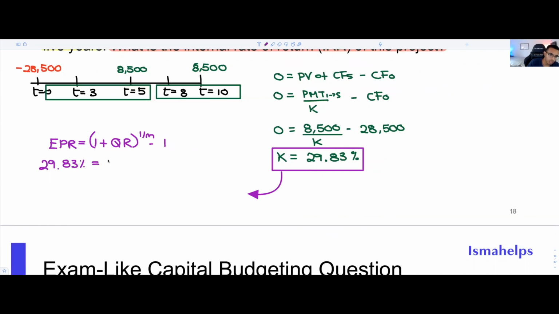We know that that is equal to 1 plus x, which is our quoted rate, right? Our annual rate, to the power of 1 over 5 minus 1. In other words, it will be equal to 29.83% equal to 1 plus x to the power of 5 minus 1, such that x will be equal to